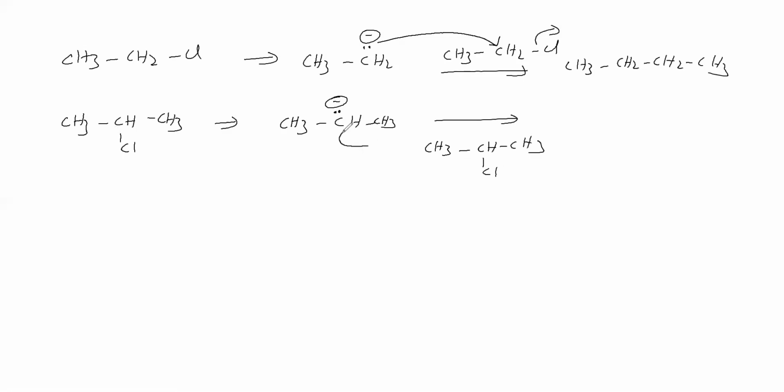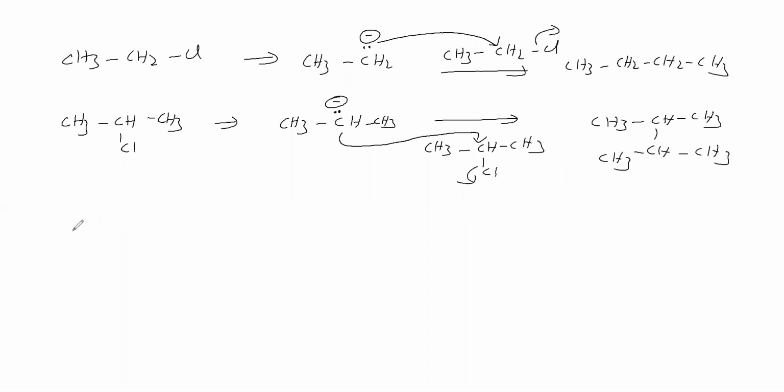This carbanion will attack the carbon which carries chlorine. Therefore, you will get this product, where the bond is formed between the carbons carrying chlorine. That is the product in Woods reaction. If we take a similar kind of alkyl halide, we get an alkane with an even number of carbons. That means Woods reaction is not used for preparing methane, because that has one carbon and cannot be prepared by Woods reaction.